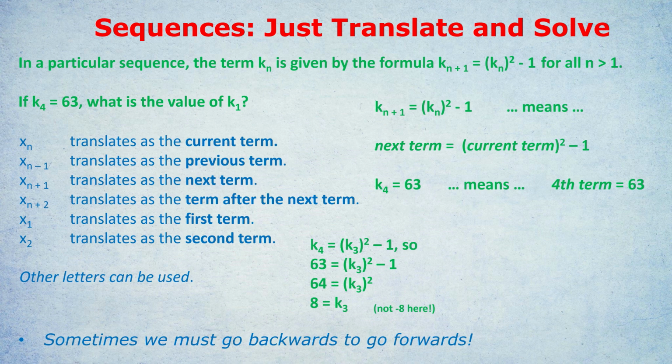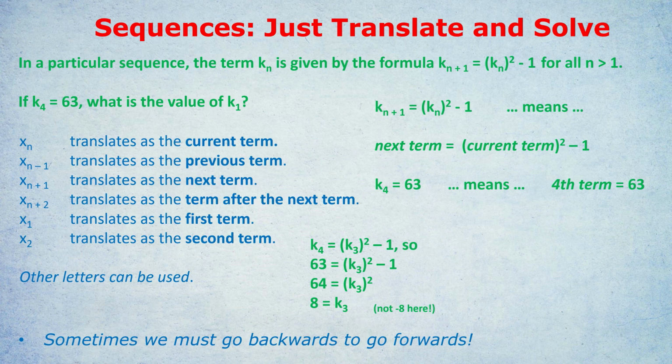Or, if you're trying to go down, you pretend that the current term is the one below the one you've got. It's always the same two steps. You're either going forwards with the fourth, trying to find the fifth, or you're going backwards with the fourth by pretending that we're currently on the third. For example, if in this sequence we had the seventh term and we wanted to find the sixth term, I'd pretend that the current term is the sixth term and the next term after the sixth term is the seventh term. We can solve that little equation because we know K4 is 63 and we don't know K3, so